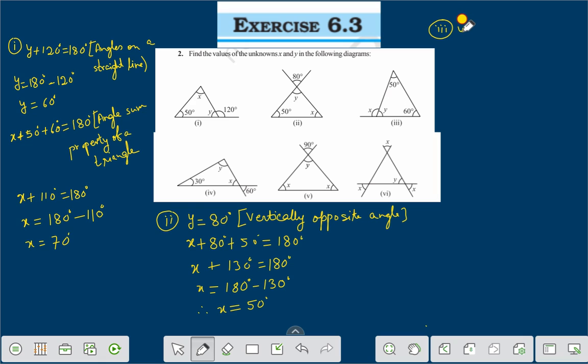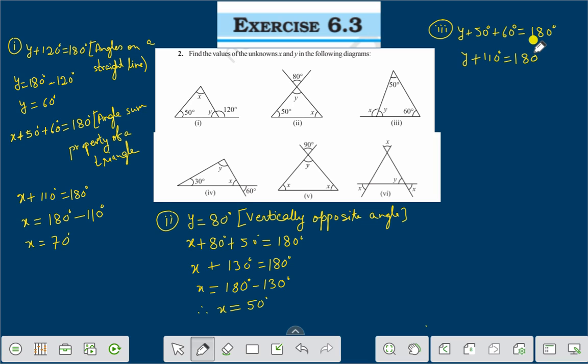So we can write here that y plus 50 degree plus 60 degree is equal to 180 degree. Or you can write y plus 50 plus 60, which is 110 degree, is equal to 180 degree,